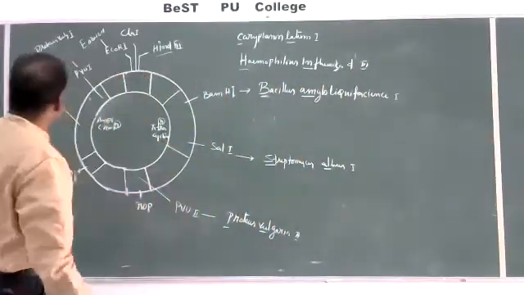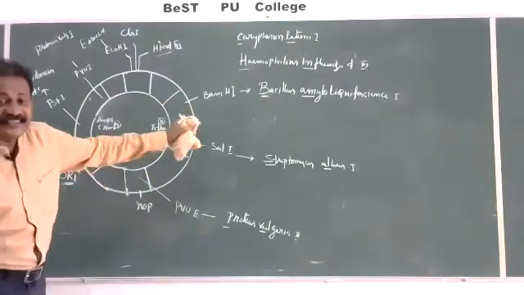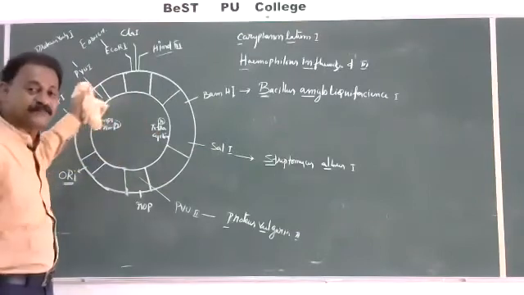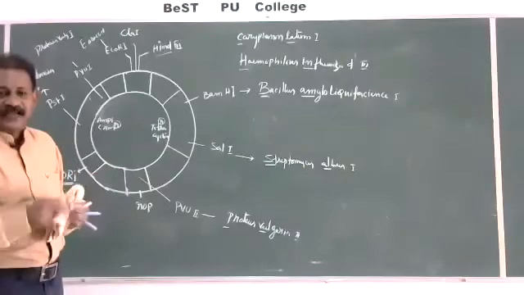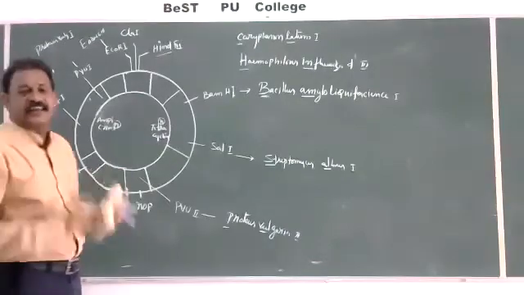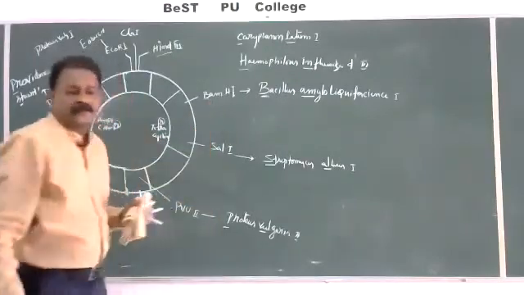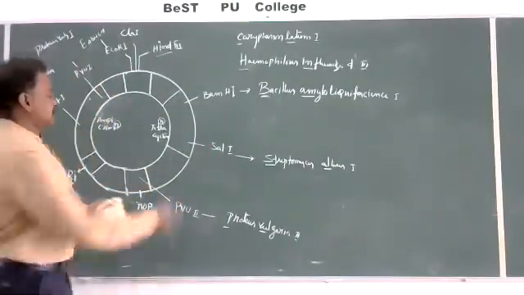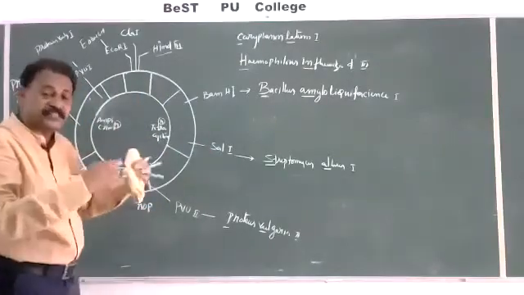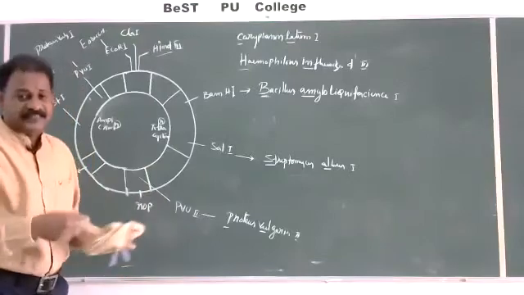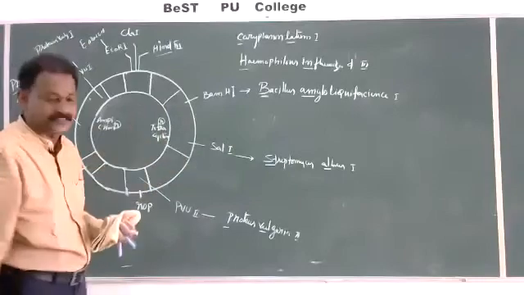What are these? These are all various recognition sequences for different types of enzymes. For example, I want to take one gene of interest for rDNA technology. I will select this enzyme. Some others will select some other site. So there are various possibilities, depending upon the needs. Just now I have explained that various types of vectors are available, which have different applications and features.